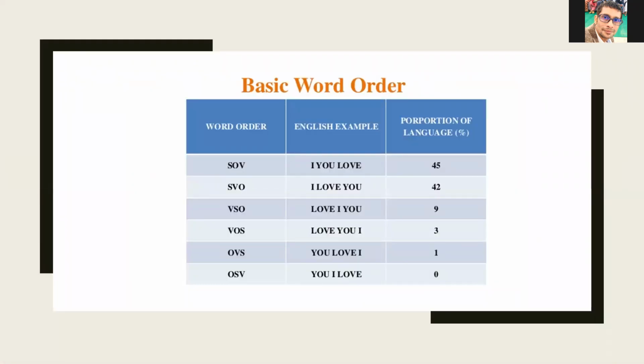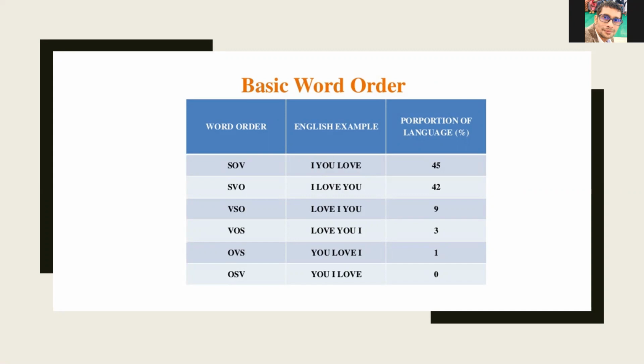So you can see now this chart, or this table, of basic word order. Normally when we make a sentence, we use these symbols: subject, verb, and object. The first one is SOV, meaning subject, object, and verb. The example is "I you love," which is a bit unusual for English speakers. And the proportion of languages, that is the number of collective uses in the whole world, is 45%. SVO, that is subject, verb, object, which is very usual for us, "I love you," 42%. Then VSO, verb, subject, object, a little bit unusual,